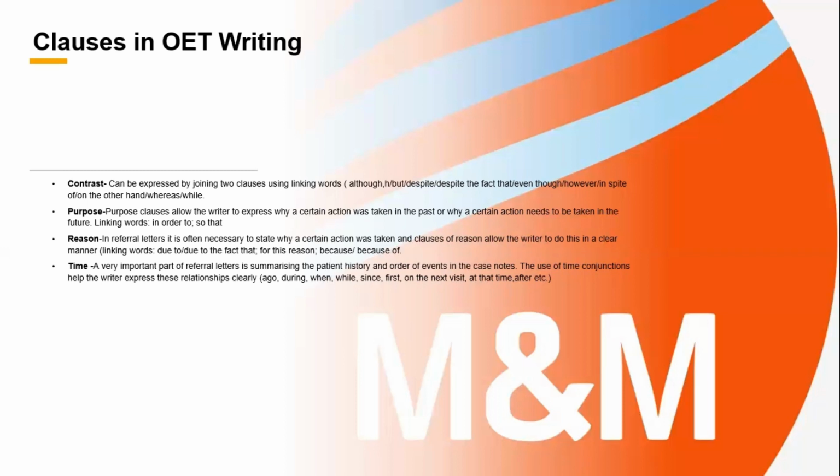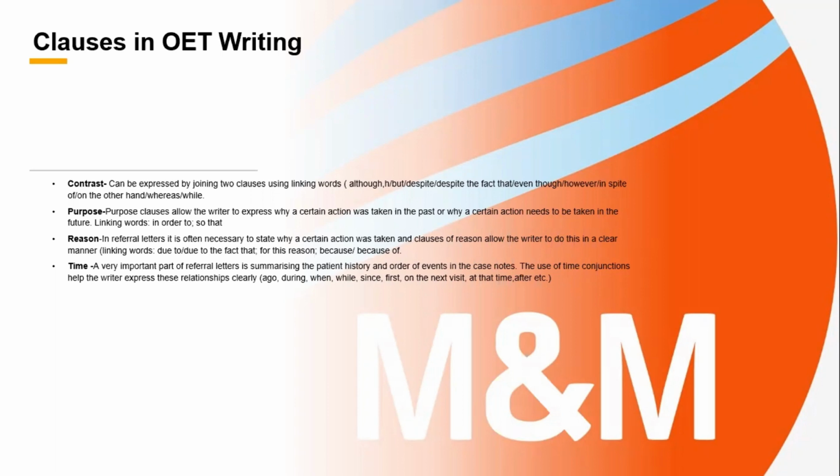Similarly, for the purpose clause, when something had action that was taken in the past and the consequences can be in the future, let's say, or when we have some time difference in the event, let's say, in order to relieve his pain, he was advised to join gym, or he has been advised to join gym so that his weight can be reduced. So these are a few examples for you so that you can understand where to use the clause of